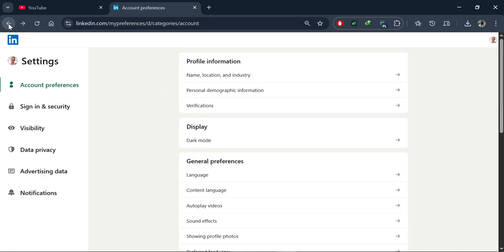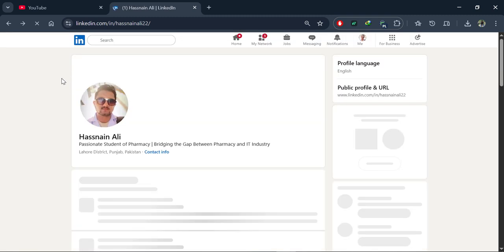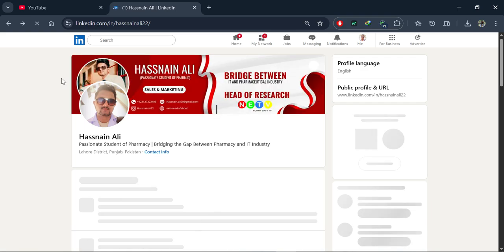Okay, like the analytics that you have already got, now you have got the follow button as well on your profile. So basically these things are required for Creator Mode. So now we have all of these required things which are included in Creator Mode in our profile. Now we can optimize our profile.